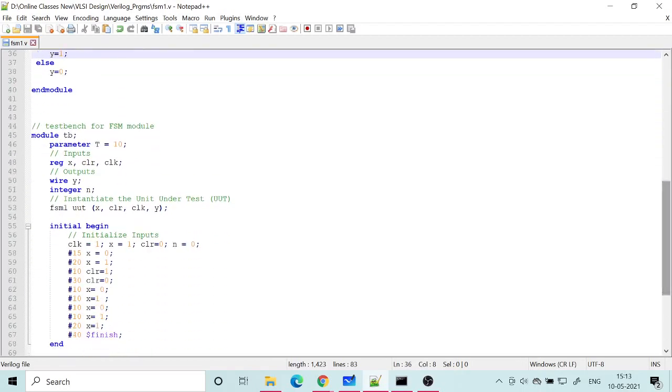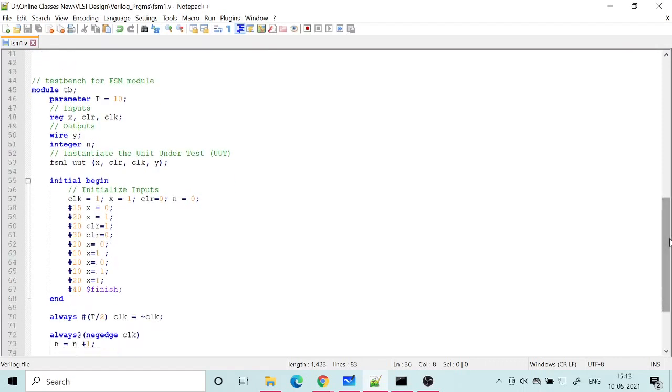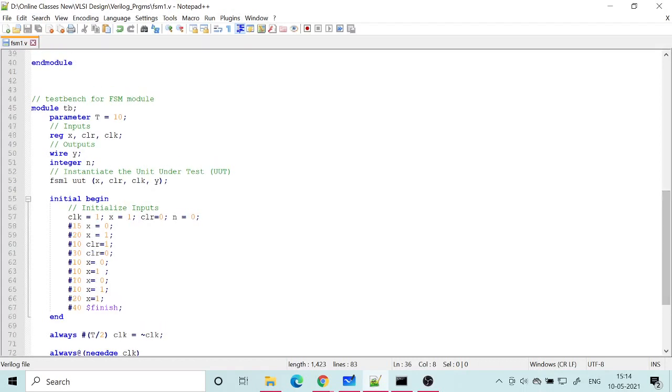Alright, so now I need to check this with the help of a test bench. It's the same procedure. You have written at least 2 programs already. One with the combinational circuit, another with the sequential circuit where you implemented a register. So it is almost similar to the last test bench, with a little modification because my inputs are now changing. There is no parallel load operation here, but only a single bit serial input, and then clock and clear.